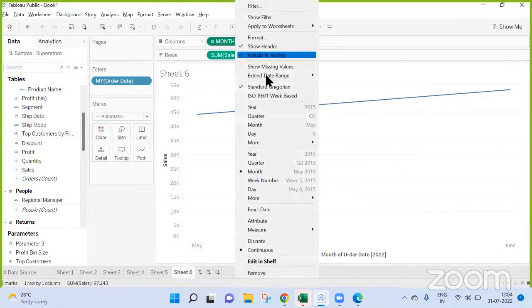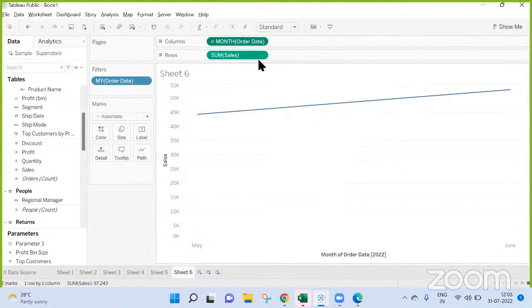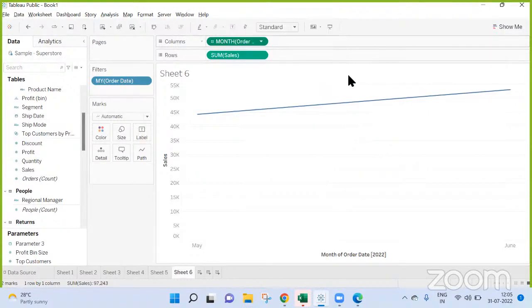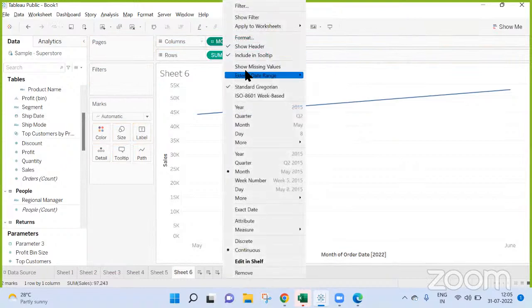Okay, now I will extend this date range to 6 months. Now, am I not getting it? I should have got it, right? Okay, let me remove this in filter and let me check now.